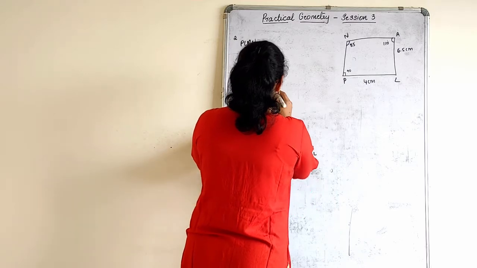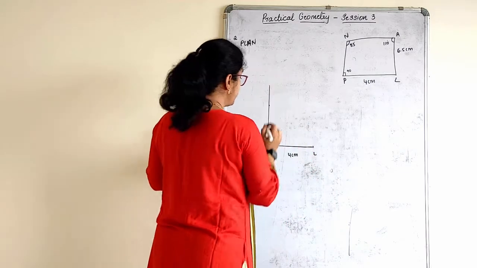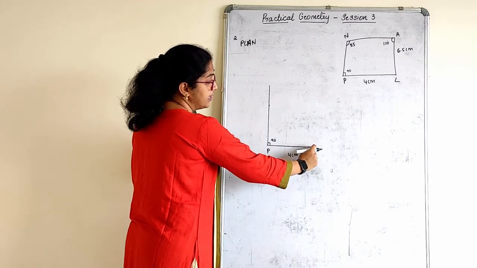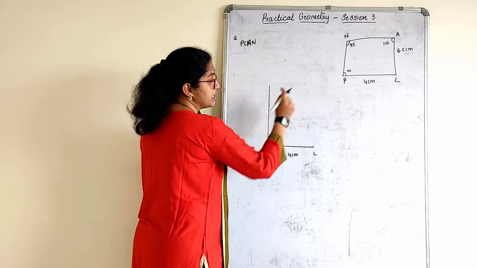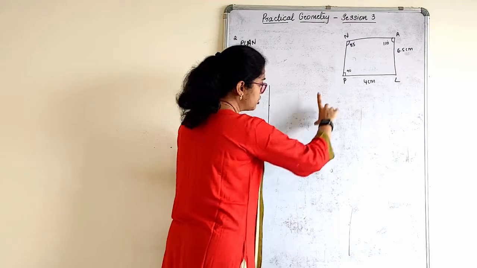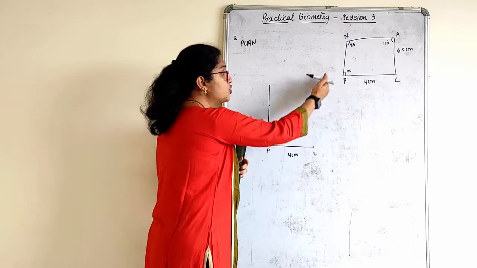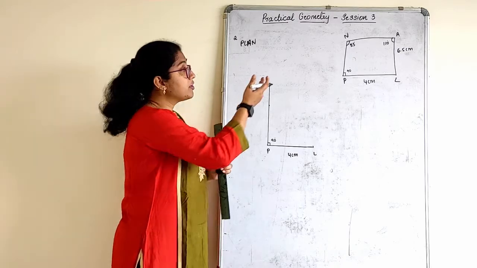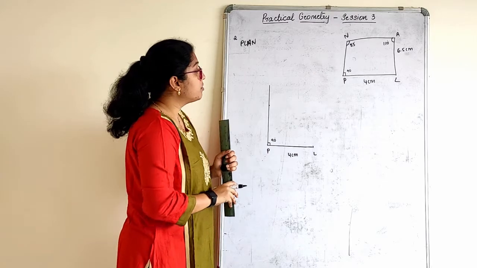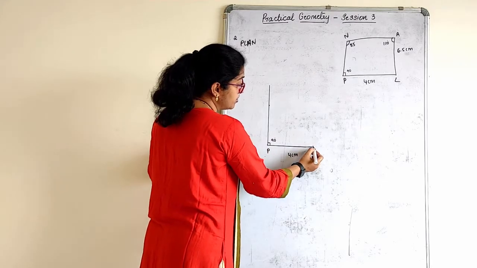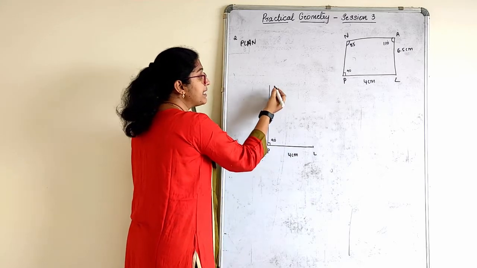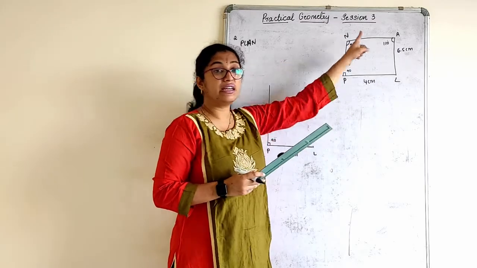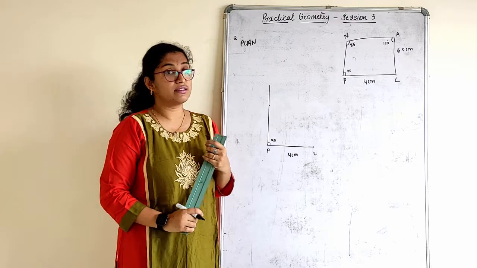So 90 degree will construct here. Till where we go? We will just extend it. Later we'll see where to cut it. This is 90 degree. Then this one, just see, I have to cut it for 6.5 children here. I will take some measurement, I will cut it for 6.5. But how should I join it? Where should I join it? I don't know which line it has to go, right? Because any other line is not known to me. So at that point of time, even here 85 degree will come, but where can 85 degree come? It can cut at any point. We are not aware. That means the given data is not sufficient to construct a quadrilateral here.